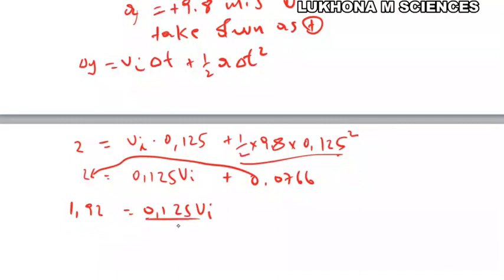Then we divide both sides by 0.125. Then the initial velocity there is 15.39 meters per second